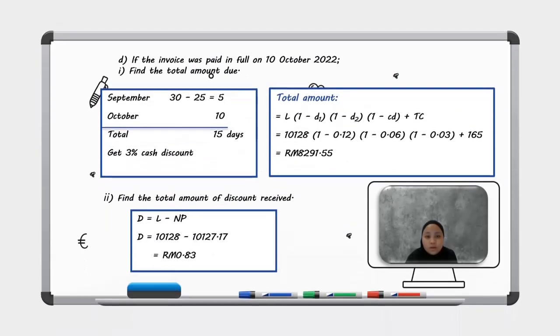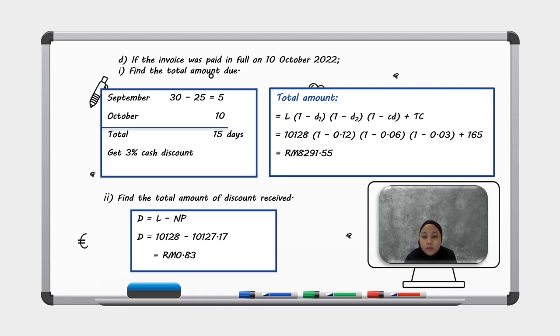If the invoice was paid in full on 10 October 2022, find the total amount. September 30 minus 25 equal 5. October 10 total 15 days. Get 3% cash discount. Total amount equal